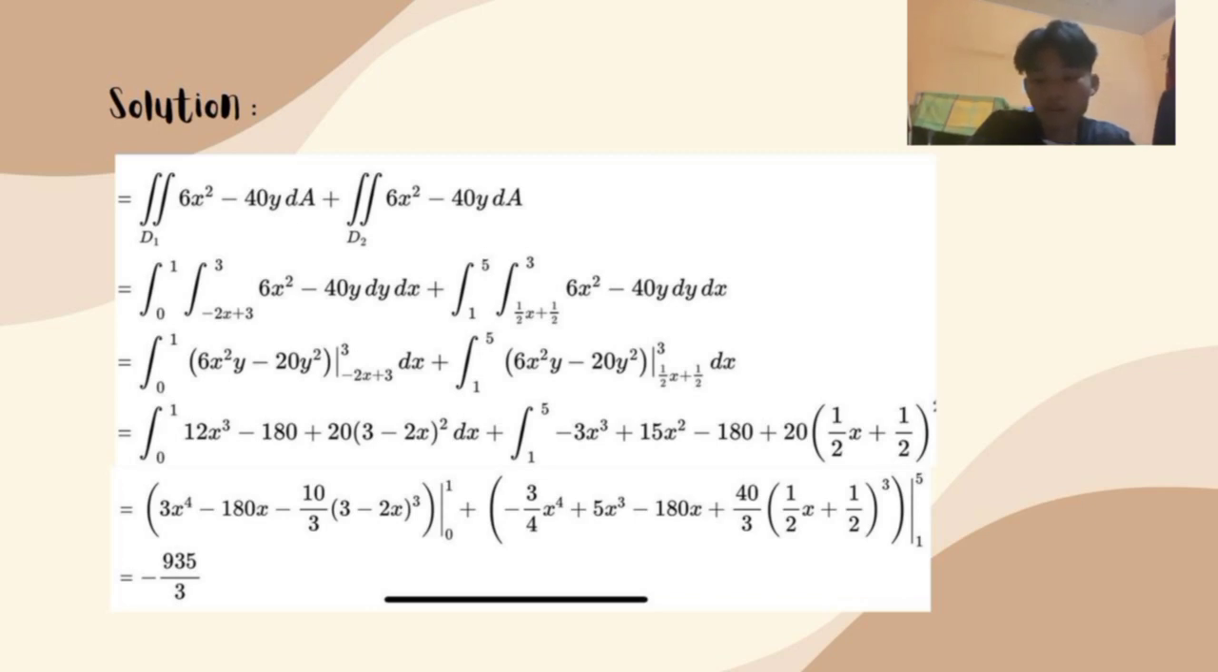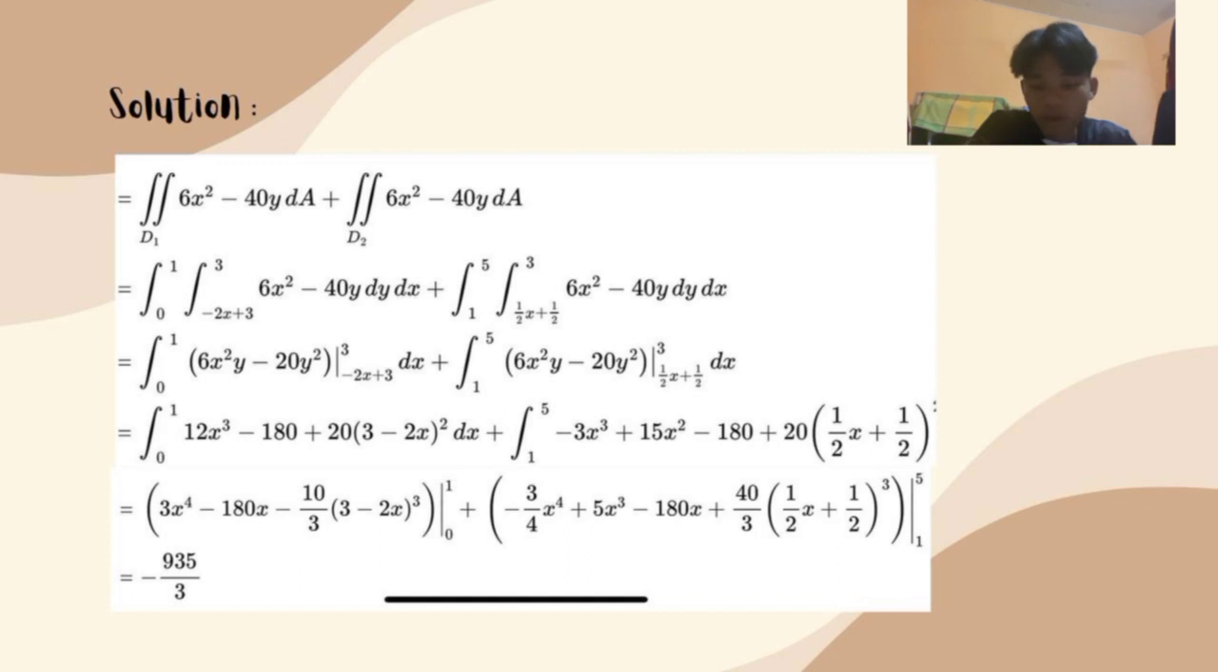equals integration 1 and 0, 12x power of 3 minus 180 plus 20 in bracket 3 minus 2x power of 2 dx plus integration 5 and 1, minus 3x power of 3 plus 15x squared minus 180 plus 20 in bracket 1 over 2x plus 1 over 2 power of 2 dx equals in bracket 3x power of 4 minus 180x minus 10 over 3 in bracket 3 minus 2x power of 3